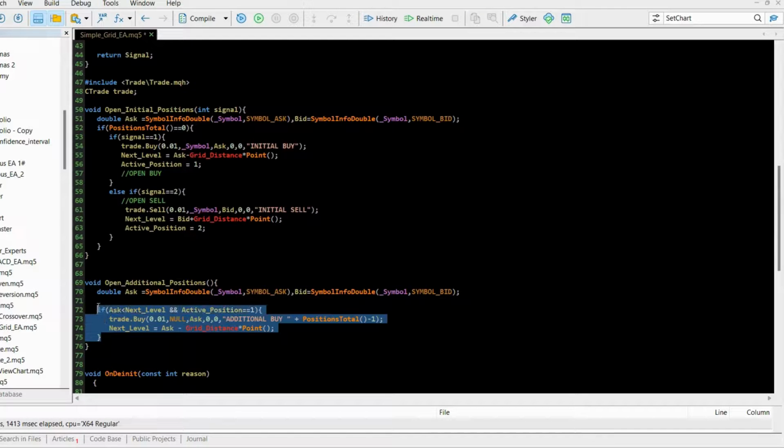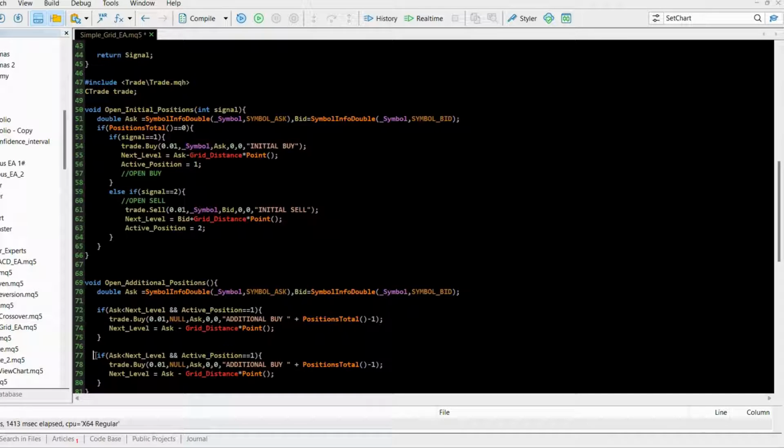So that's it. And the same thing, or very similar thing, I will do for the sell side or sell cycle. So if bid is larger than next level and we are in a sell cycle, then we want to open new sell position at bid price with additional sell command. And because we can either have buy cycle or sell cycle at the time, but not both at the same time, then we can keep this positions total -1 comment right here. And next level is going to be bid plus grid distance